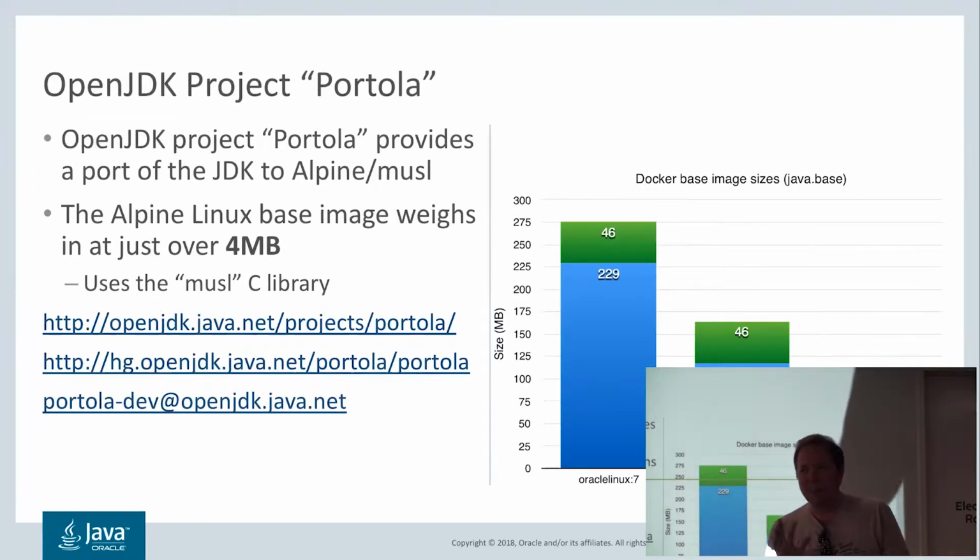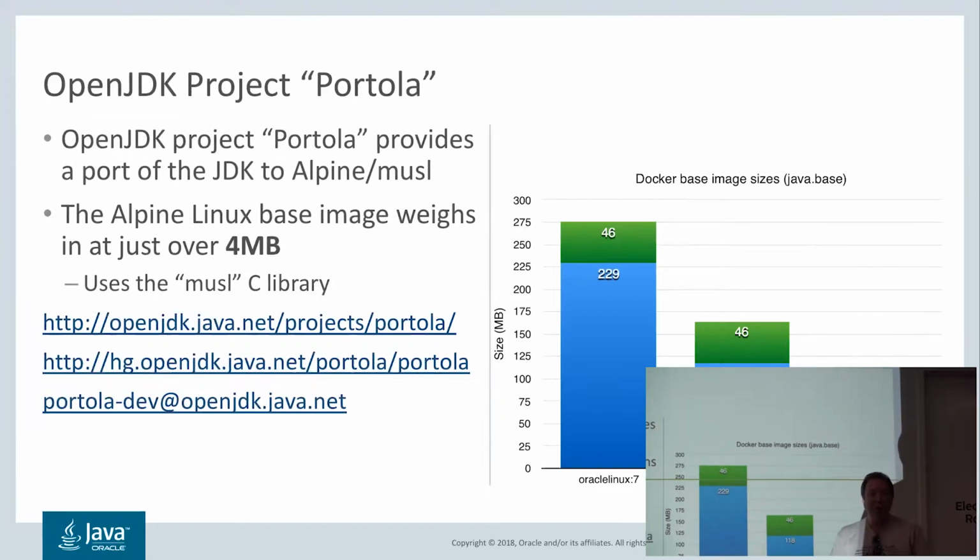With all of that in mind, now we're looking at container deployments and size. One of the questions I normally ask here is, is there any interest in a port to Alpine like this? Would anybody pick it up, run it, care about it? The one time I tried it, you couldn't run Java 10 on it, so that was done in an hour. That's going to be my question, are you running Java 11 on it now? So what we have done is built and delivered early access binaries of this. We have not yet published or picked up support. We don't support, let's say, general availability binaries of this.